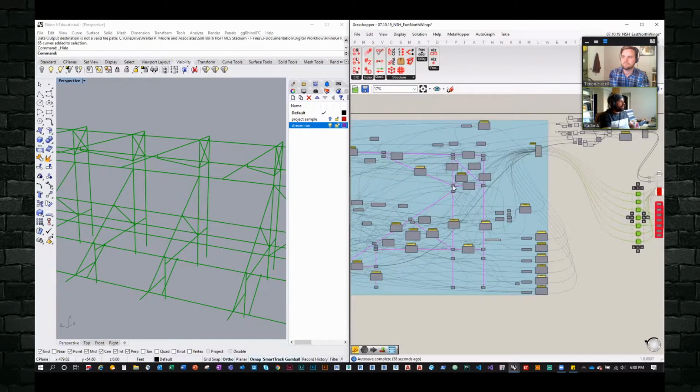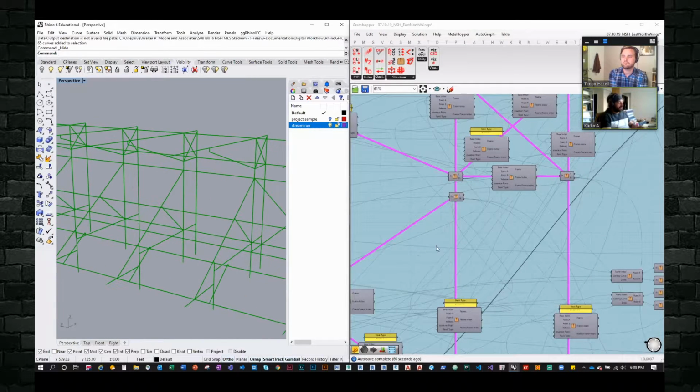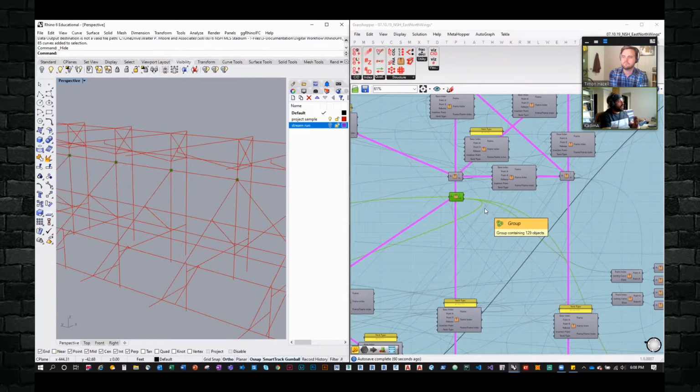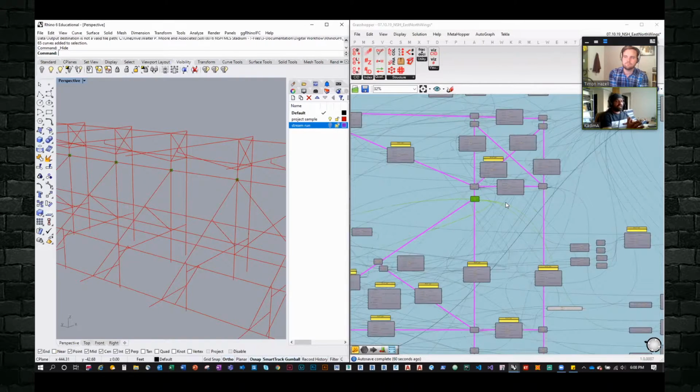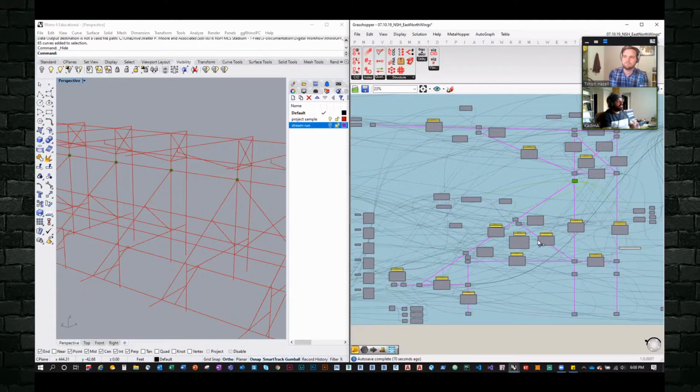Well, now I know in my Grasshopper window that corner right there is this point right here. And this is how I'm able to quickly go to the part of the script that is throwing an error, instead of having to work backward towards the beginning of the script. So just visually organizing the script based on the structural layout, I found it very, very helpful in troubleshooting. And that's how this arrangement came about.